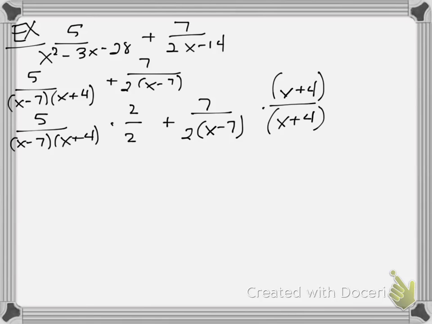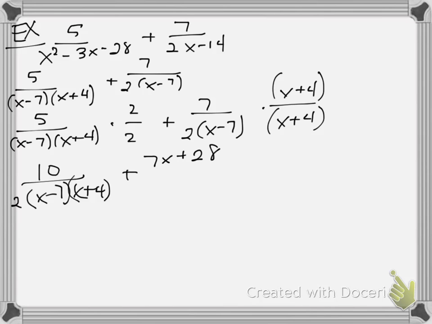All right, now 5 times 2 is 10 over 2 times x minus 7, x plus 4, plus 7x plus 4. 7x plus 28. Don't forget to distribute to the end. Over 2 times